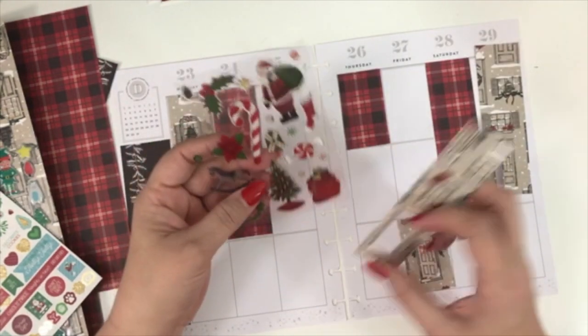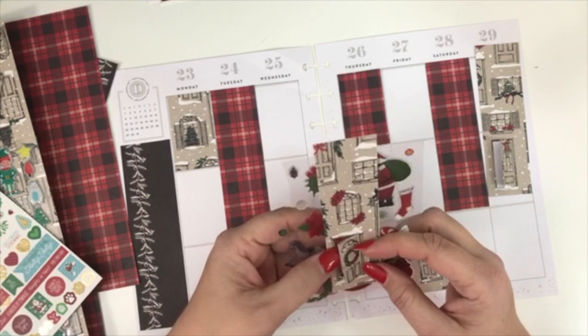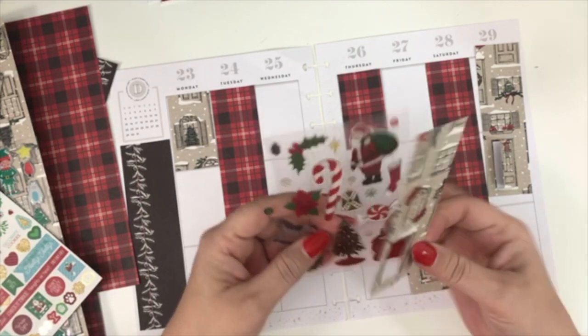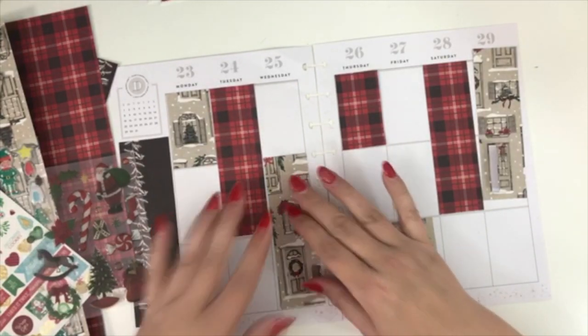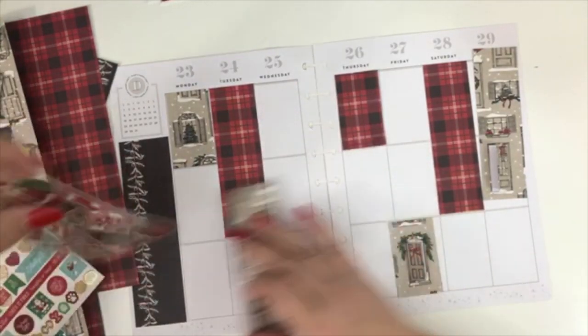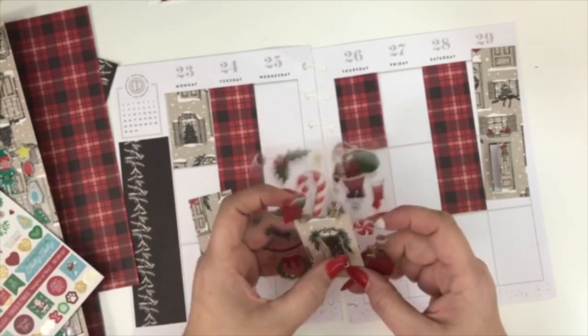So I found these stickers. I lost my Mambi sticker book. I don't know where it is. I think I'm going to try to use these stickers. So I got everything else glued down. I'm going to go ahead and get these stickers on and then glue them down. So I think I will use...